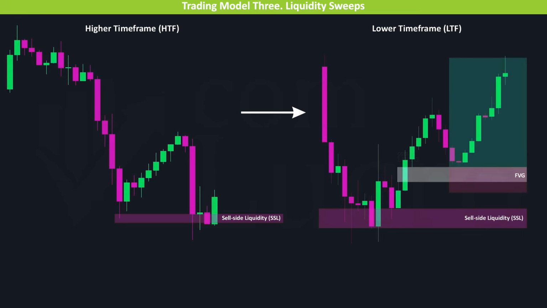Enter a long position from the gap, place the stop loss below the swing low, and target the next buy-side liquidity level. This straightforward process allows you to trade alongside smart money rather than against it. Keep in mind that taking more trades does not automatically lead to higher profits. Developing the patience to wait for high-probability setups and filter out low-quality opportunities is a skill that requires both time